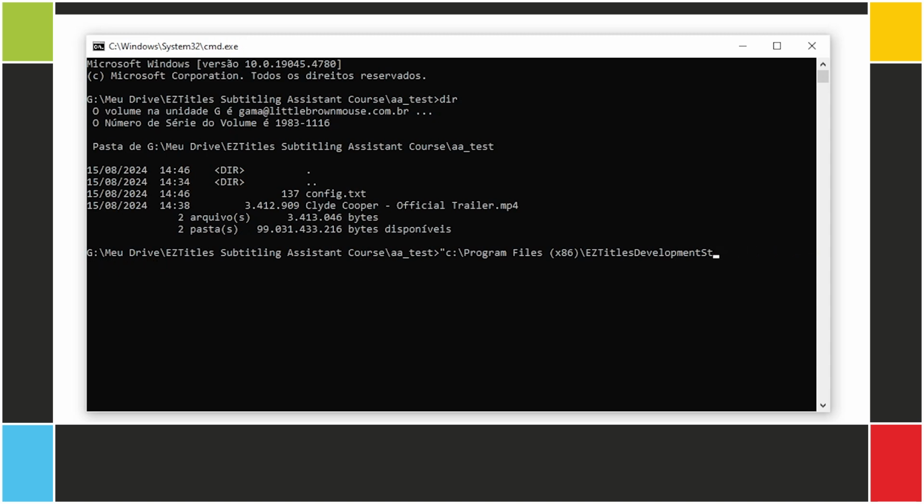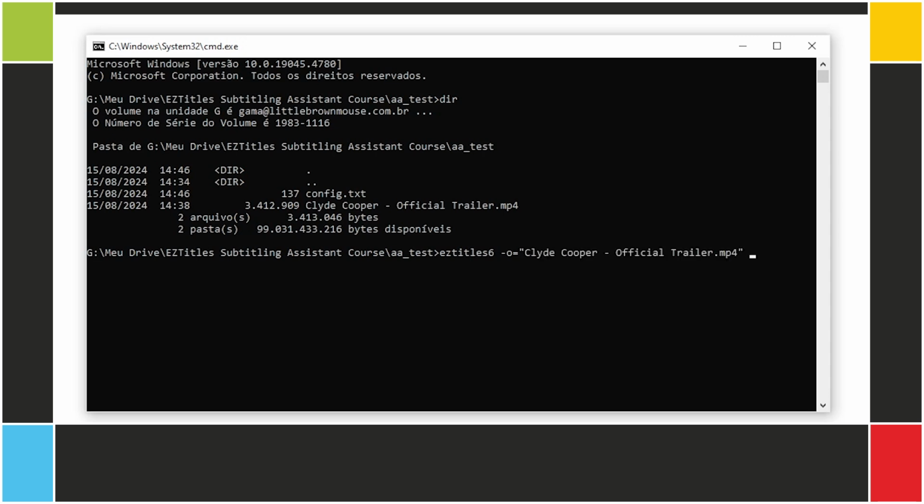If you did add the EasyTitles folder to the Windows path, you can type just EasyTitle6. Then we type 2 arguments. The first is the video file, that's -o equals, and the path to the video file, no spaces in between. Since we're already in the right folder, I'll just start typing the name of the file and then Tab to autocomplete.